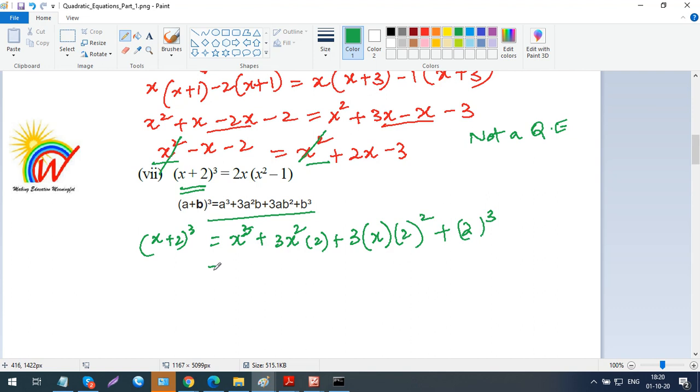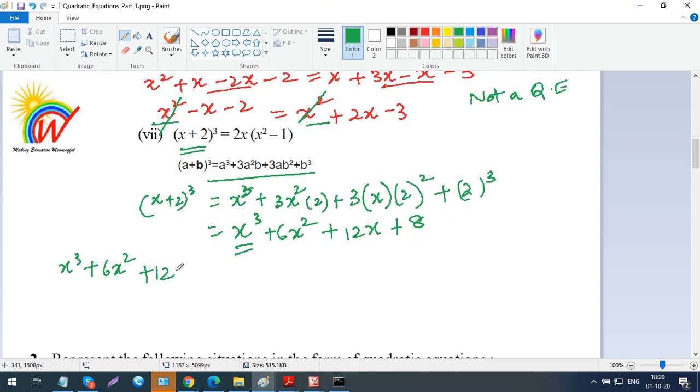Now here you see you're getting an x cube factor in it. There's no way that it gets cancelled, right? Correct? Okay, so let's just keep it as it is. So this side you are getting x cube plus 6x square plus 12x plus 8, and the other side you multiply these two,